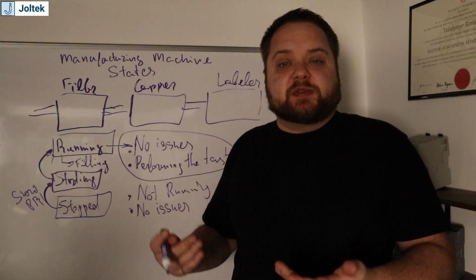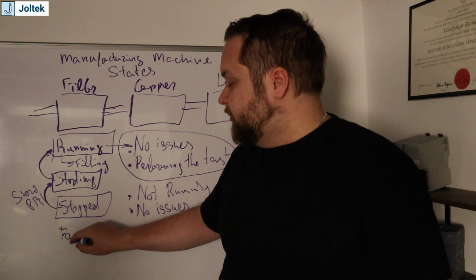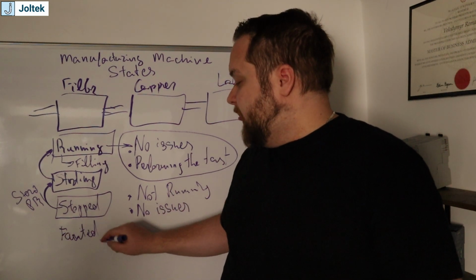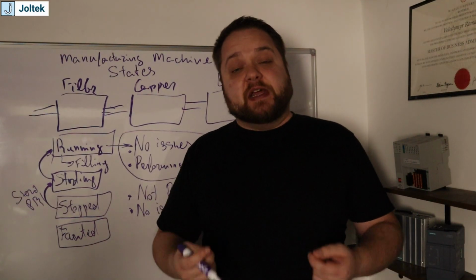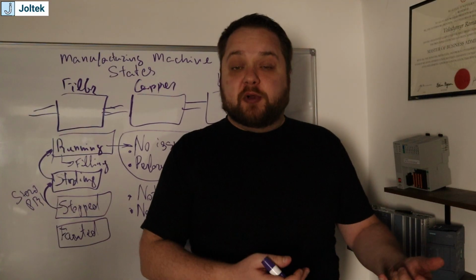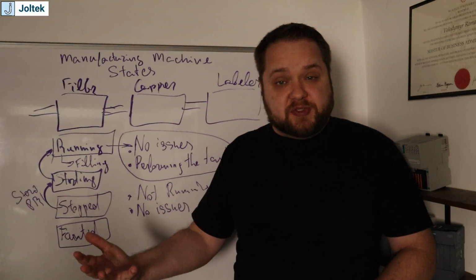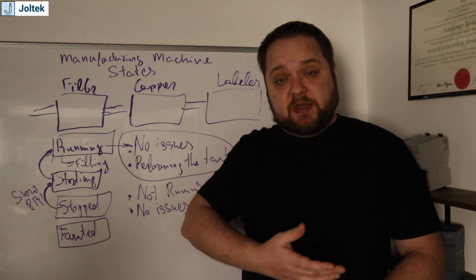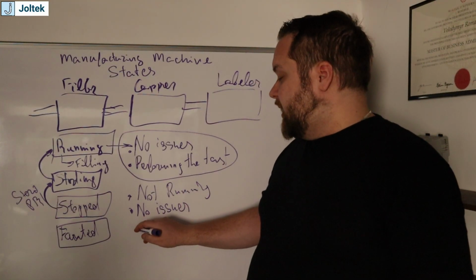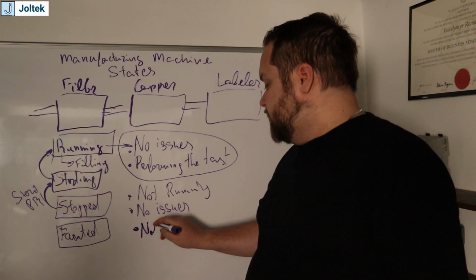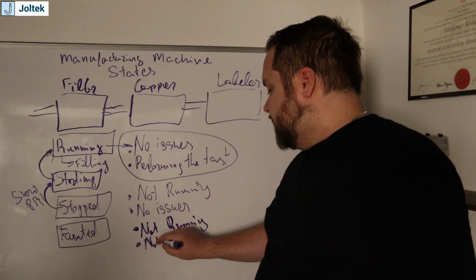And what are the common steps that I personally have deployed? Well, I would say that a faulted state is extremely important. So faulted. And faulted means it is both stopped and it has a condition that needs to be resolved before it can be put into production. And so again, on the industrial automation side, this is within your PLC. There's going to be a fault code. It's going to be displayed on the HMI. But we all need to agree that faulted means it is not allowed to run. So it is not running, and is not allowed to run,